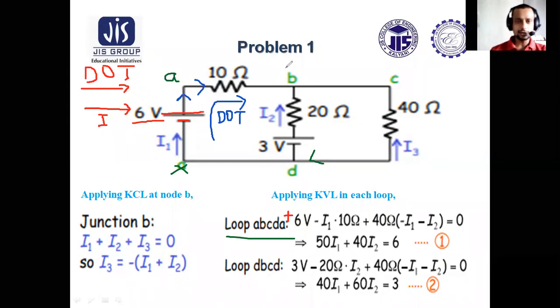So what should be the magnitude of IR drop? I1 current is flowing through 10 ohm. So 10 ohm into I1 will be the voltage drop across 10, and it should be considered as having minus sign, as both the current and DOT are having the same direction. Similarly,